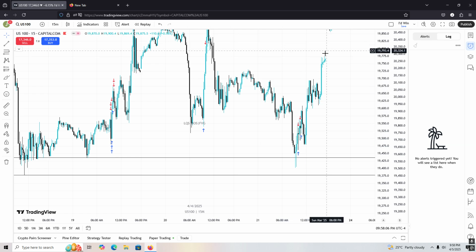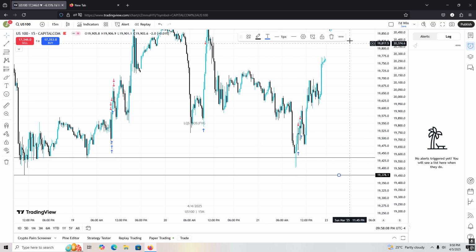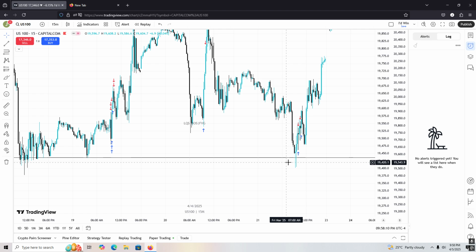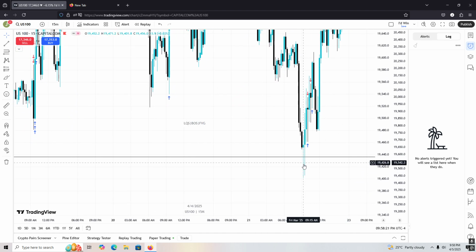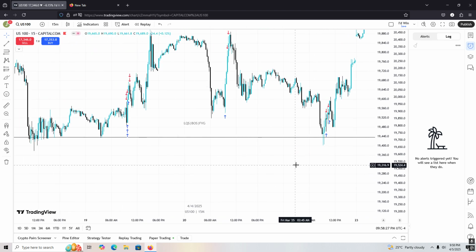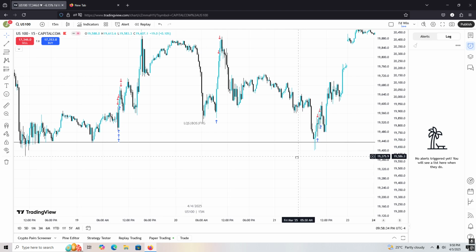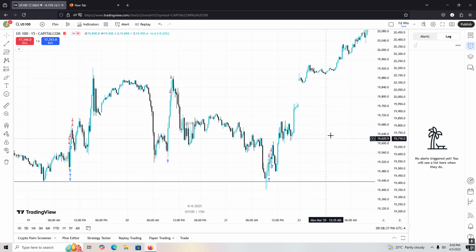This one is not. The only proper liquidity sweep is this one. You know why? Because it went below it. It didn't close. The wick, remember this little line here, this is called the wick. This is the candle, this is the wick. The wick went below this low. It didn't close, it went below it. And then the market changed direction.